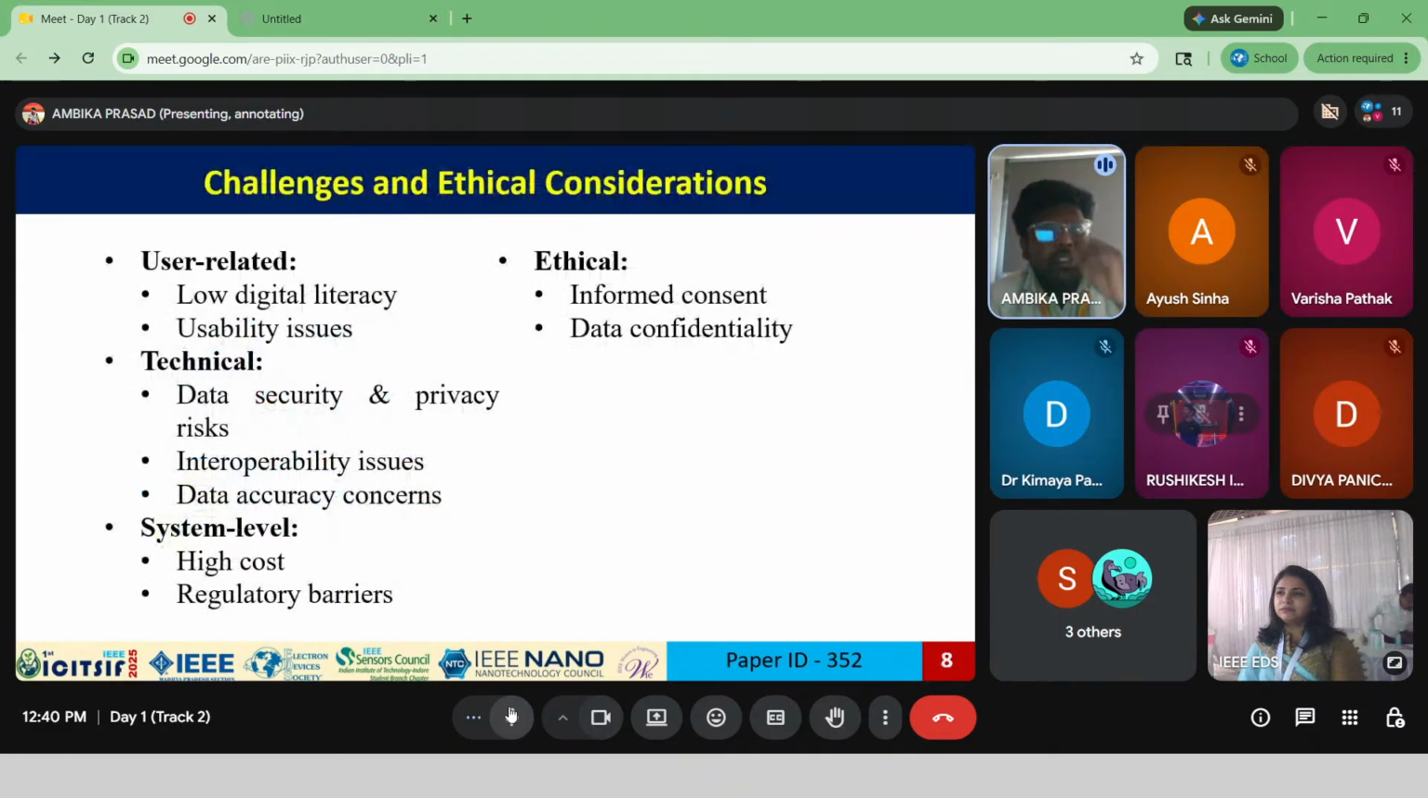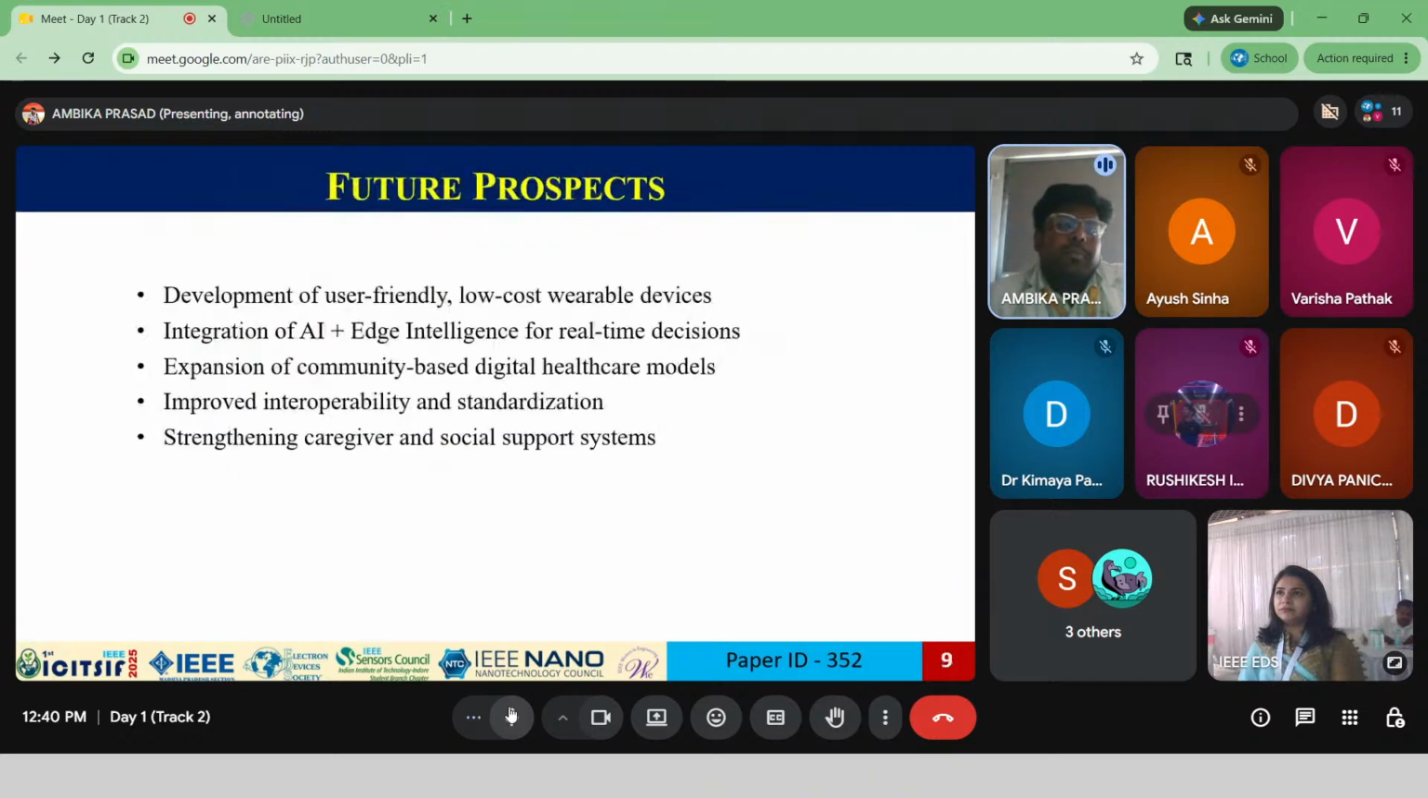Now we can see the challenges and ethical considerations. We have user-related, technical, system-level and ethical challenges. Coming to the future prospects, development of user-friendly, low-cost wearable devices is very useful for elderly people. Integration of artificial intelligence for real-time decisions. We can also improve the interoperability and standardization of such devices, and help in strengthening caregiver and